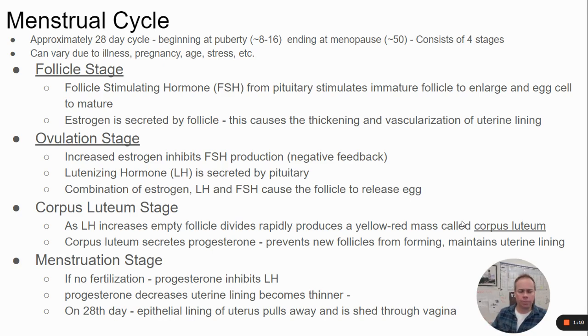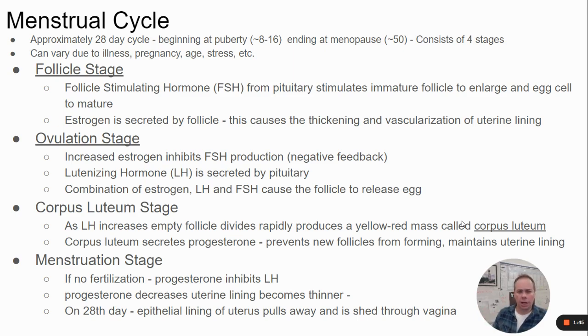And the reproductive cycle varies. It can change throughout a woman's life. It can be longer, shorter. It might stop during certain times. Stress, exercise, age, all sorts of different factors can influence this cycle. As I said, the cycle is controlled by basically four hormones that are produced in different parts of the body, which control and trigger different things to happen within this cycle. And so we're going to talk about each of those stages.